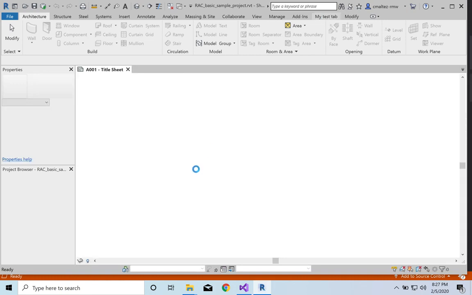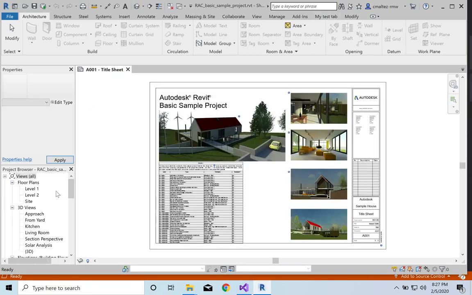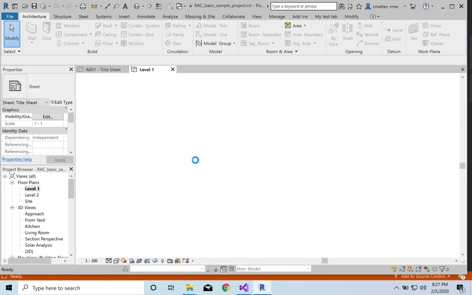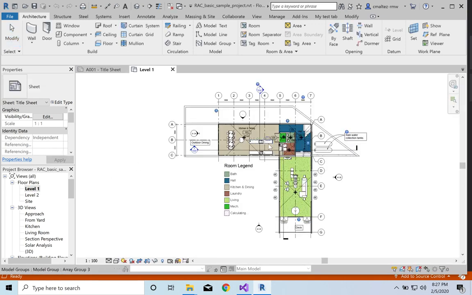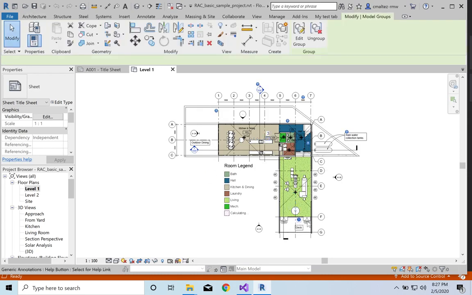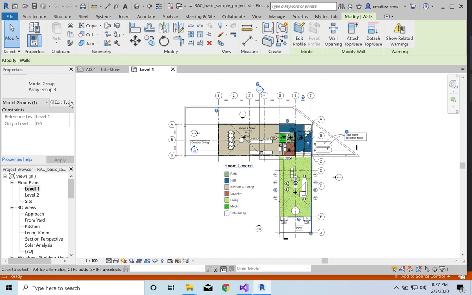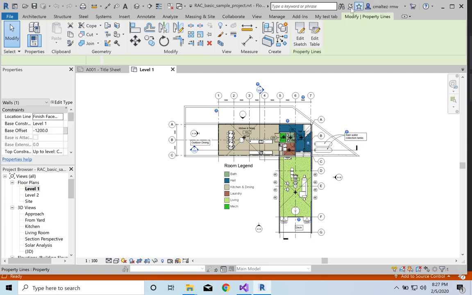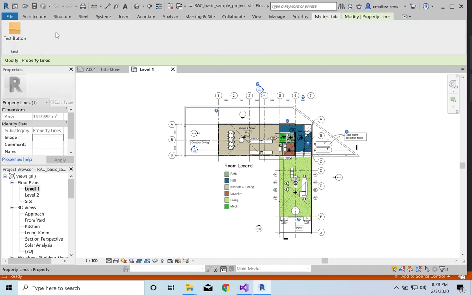All right, so we got our title sheet, and then now we're going to navigate to, doesn't matter, level 1, so we can kind of get an idea. And I know I already ran this tool with you guys last time, but just to check the name of it. Oops, come on. So we know one of the walls is named basic wall timber clad. Cool. Okay, so go to test tab, test button,